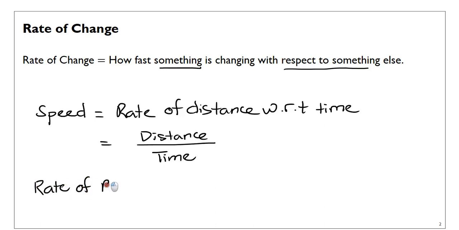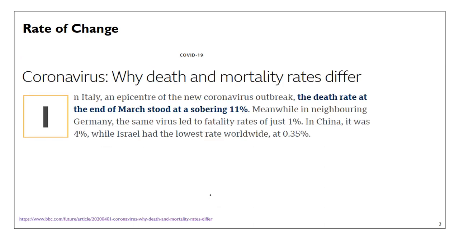So rate of reaction is another very important application of rate of change. In this case, normally you would measure it in terms of the amount of product that you produce in the chemical reaction over time, for example. So you can see here that time is usually the variable that you're measuring it against, but it doesn't have to be. And I just want to show you one or two more examples of rates, or the word rate,